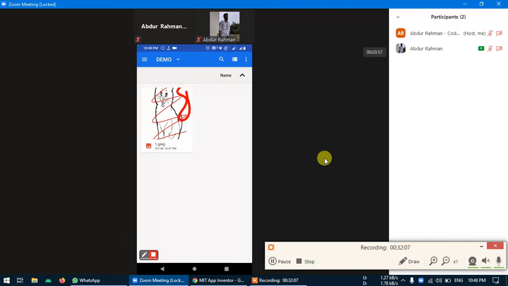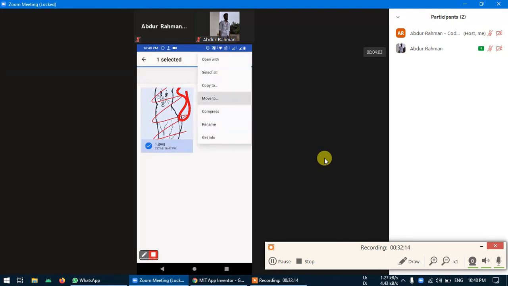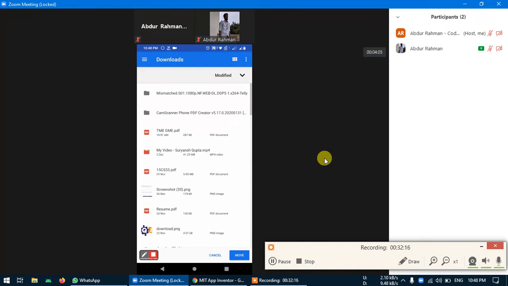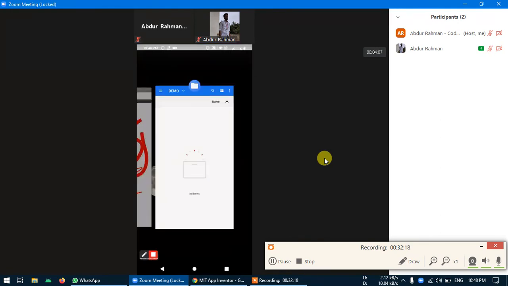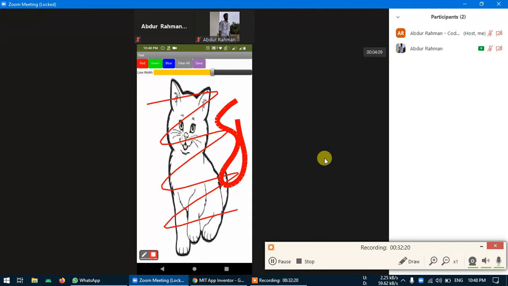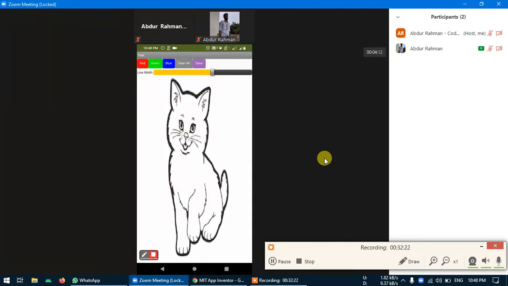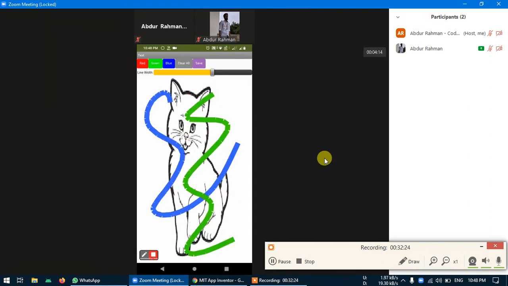It is always replacing the content. What you can do is copy this somewhere or move it somewhere if you want. Now that folder is empty, so you can put your new thing. Save it again. Now we'll have both.